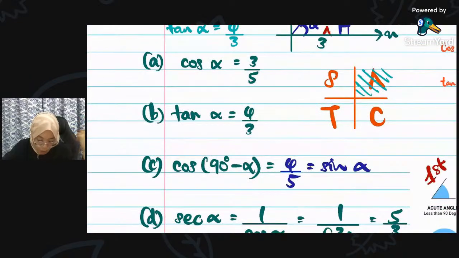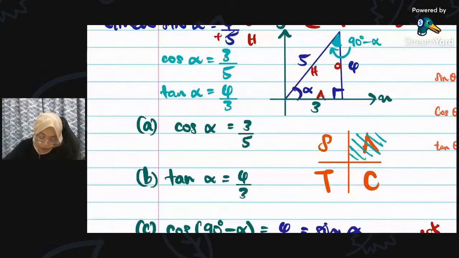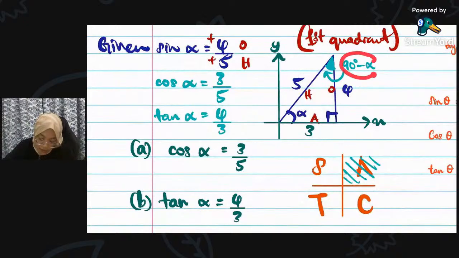And then untuk jawapan C ni pula, cos 90 degree minus alpha, it's not alpha anymore. So where is this coming from? Where is 90 degree minus alpha coming from? So you have to understand that this is where your 90 degree minus alpha, 90 degree minus alpha adalah terhasil daripada